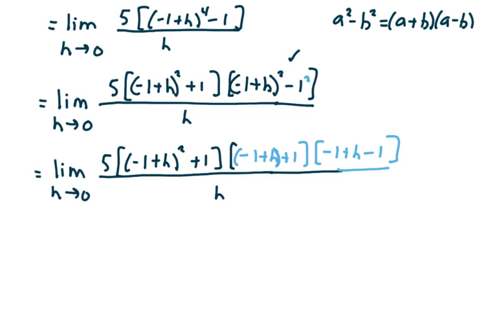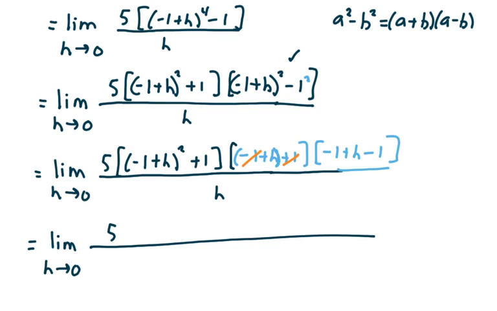So I did not want to raise that to the 4th power. It's too tempting to do that. I get it. But it is much easier if you can factor it. Because now look what happened. The negative ones cancel, right? And so what's beautiful is look at what you have left. It's the limit as h goes to 0 of